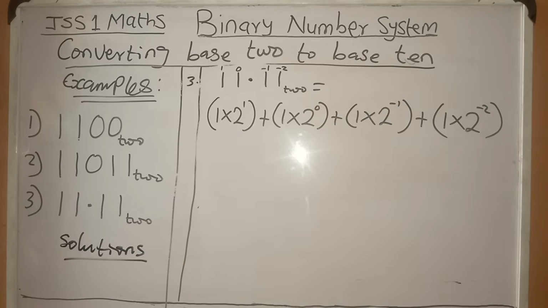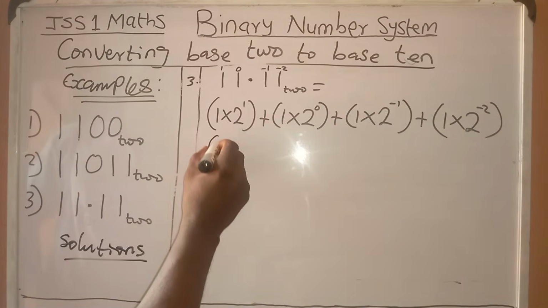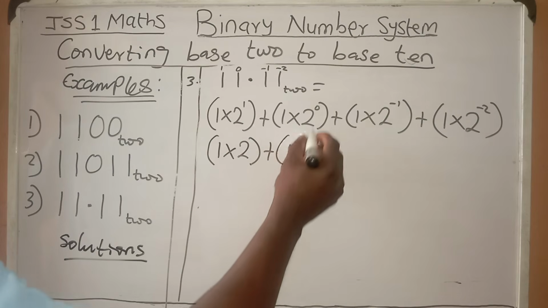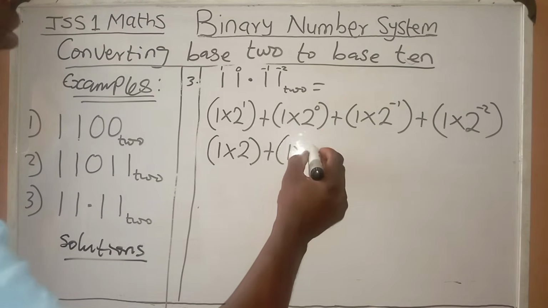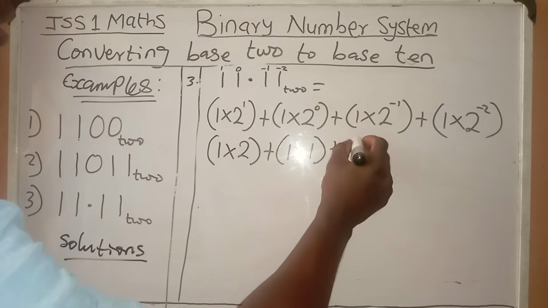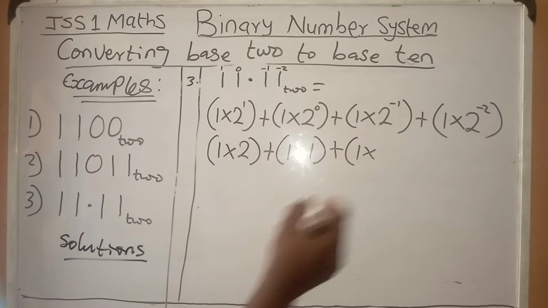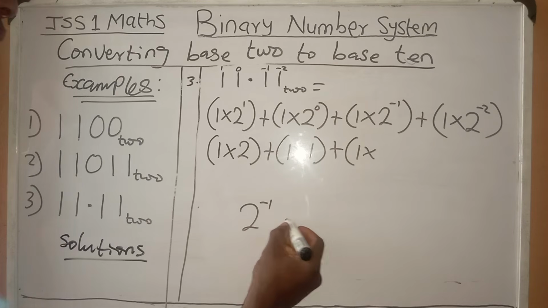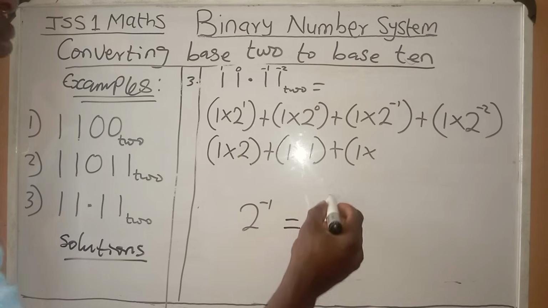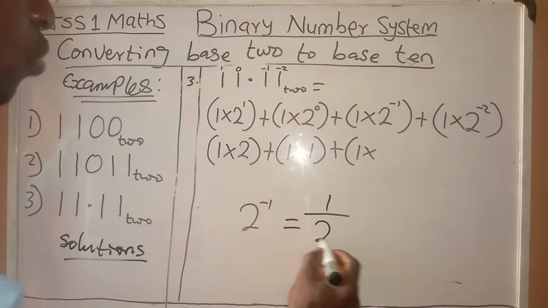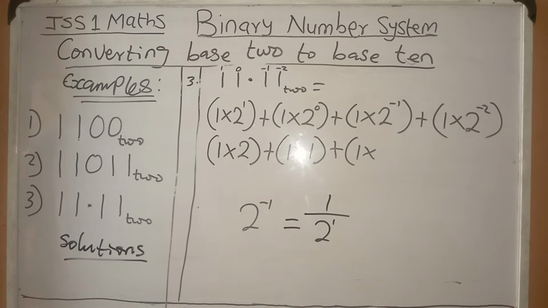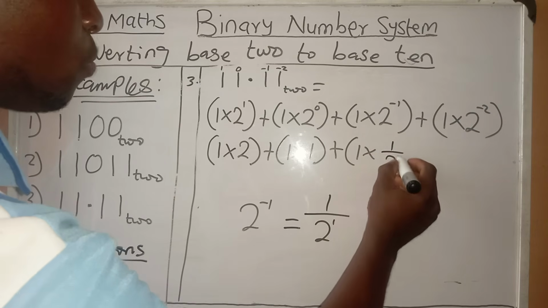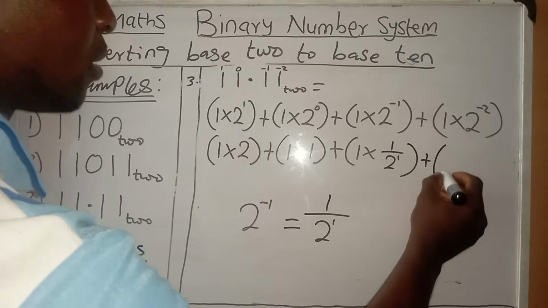Now let's go back to our question. That will be 1 times 2 raised to power 1, which is 2, plus 1 times 2 raised to power 0. Anything raised to power 0 is equal to 1. Hope you can still remember that. Then 1 times, so how do we write this? We have 2 raised to power minus 1. It's just like what I just showed you. This minus means 1 over, then we'll now write the other one, 2 to the power 1. I hope it's clear. So that's what I'm going to write here. That is a 1 over 2 raised to power 1, plus, then the last one, 1 times